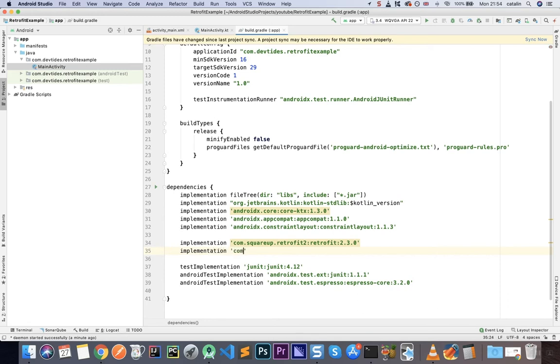And same com.squareup.retrofit2, and here we're going to have a converter. So converter-json